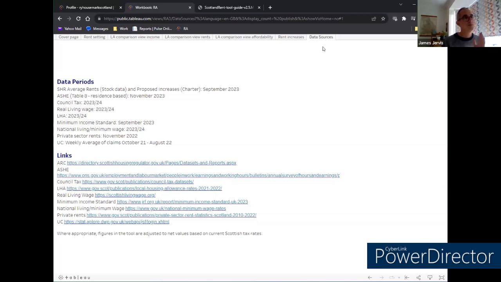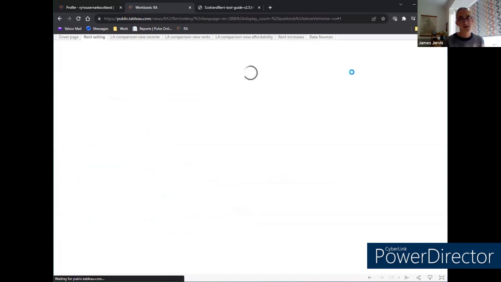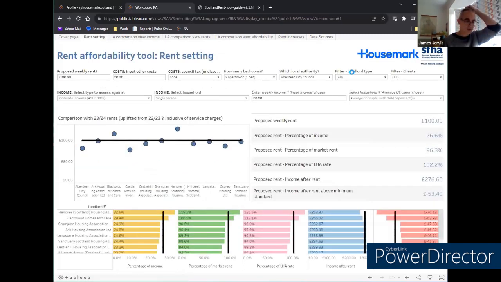So I'm going to jump from the back end to the front screen that Kirsty's already showed you the screenshots for. And this is where the bulk of the tool is. Obviously, there are other tabs. We'll maybe come onto those in a minute. And there are lots of options on here. It is quite confusing. So I'm just going to talk through it in terms of